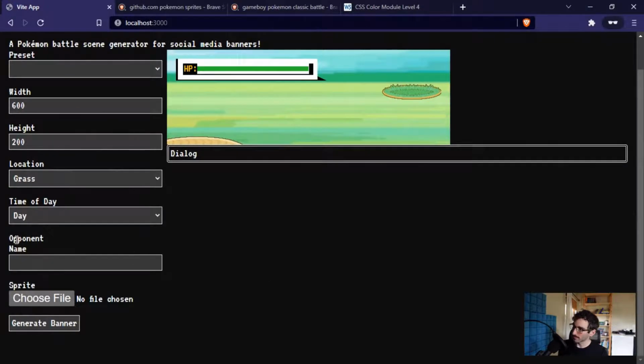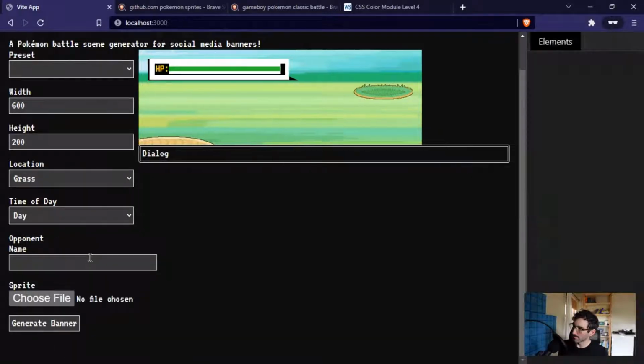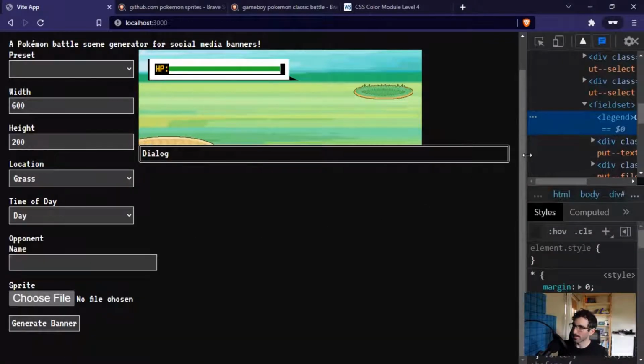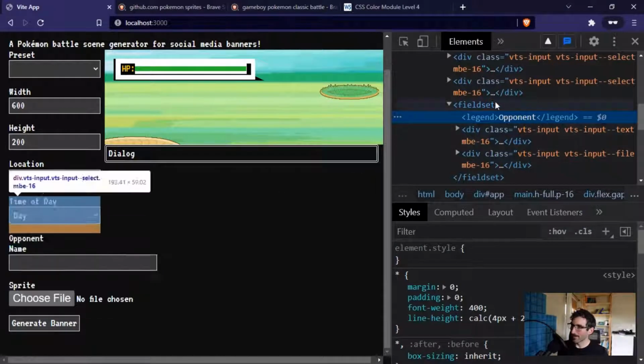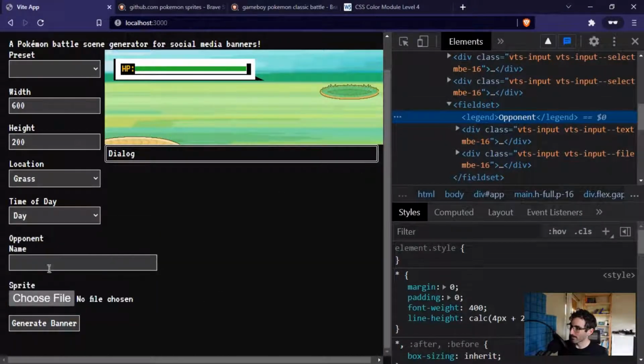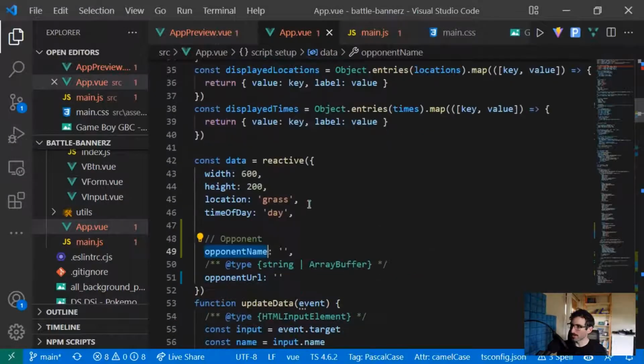Okay. That's weird that it's on 2 lines. Why is that on 2 lines? Oh, it's not on 2 lines. I've got the opponent and then I've got the name. That makes sense. Okay. Cool. That's going to be the opponent name. We're going to